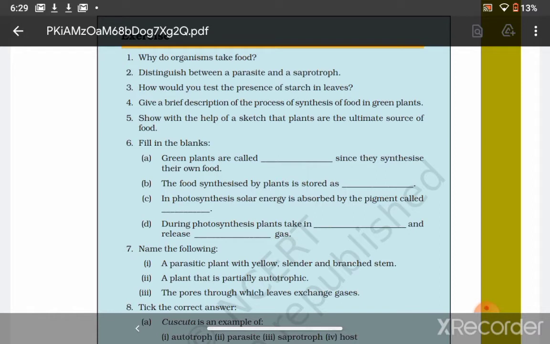So then we move further. Give a brief description of the process of synthesis of food in green plants. Okay, this answer is